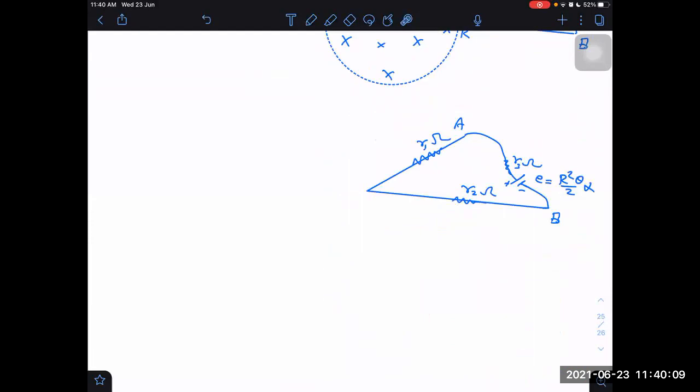That is EMF. What is potential difference across AB? Now, because the current is flowing, it is I into R1. That's correct. So I into R3 will be the potential drop here. Then what will be the remaining potential across AB? E minus I into R3. Start from B. Start from VB. I'm using KVL here. VB plus E minus I into R3 is equal to VA. Is it right? Applying KVL from B to A.